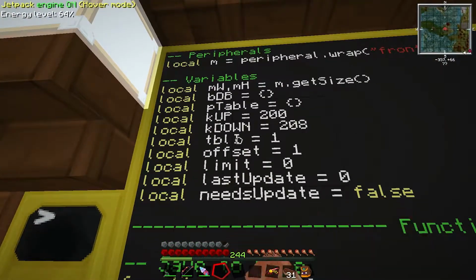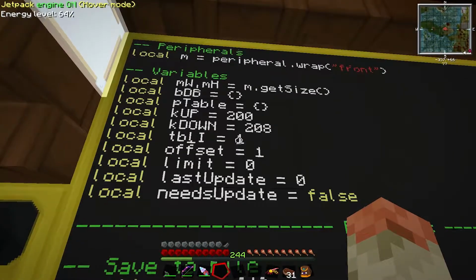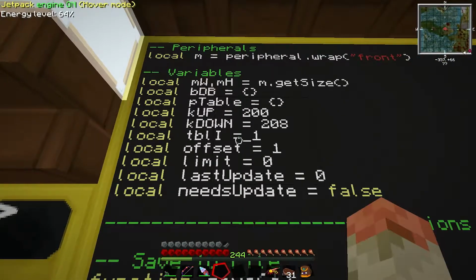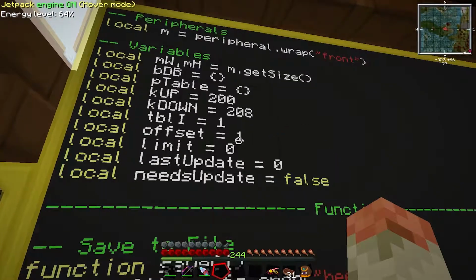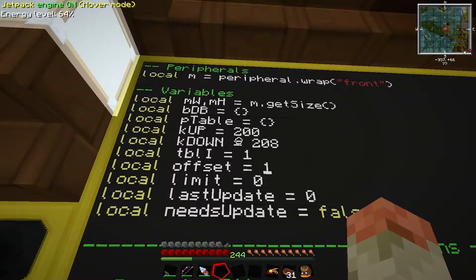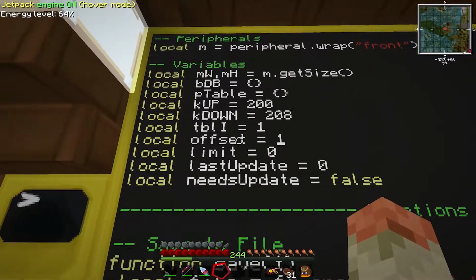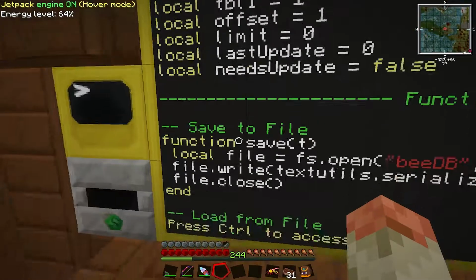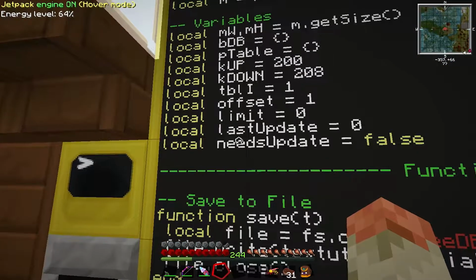tableI is going to be shown in a minute. It's for table index equals 1. It starts at 1. Not entirely sure why I started it at 1, but I'm sure it'll make sense. Offset is for scrolling. As you scroll, it shows what table entry to show and how many to offset it because of how far you scrolled down and so forth. Limit is going to be the limit of how many entries can be printed on the screen,